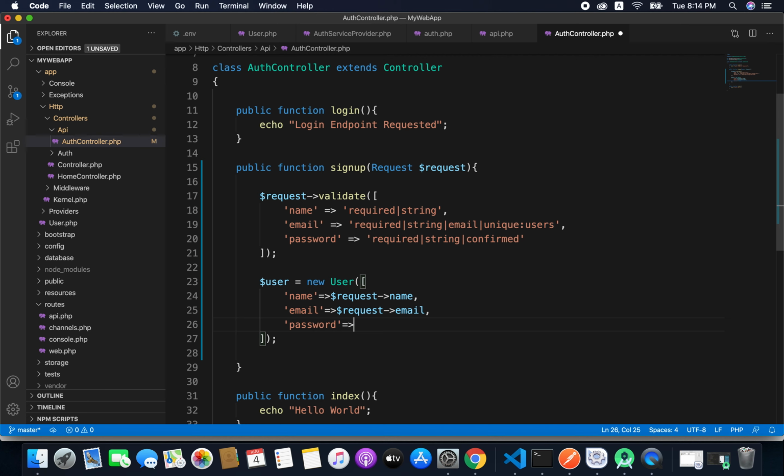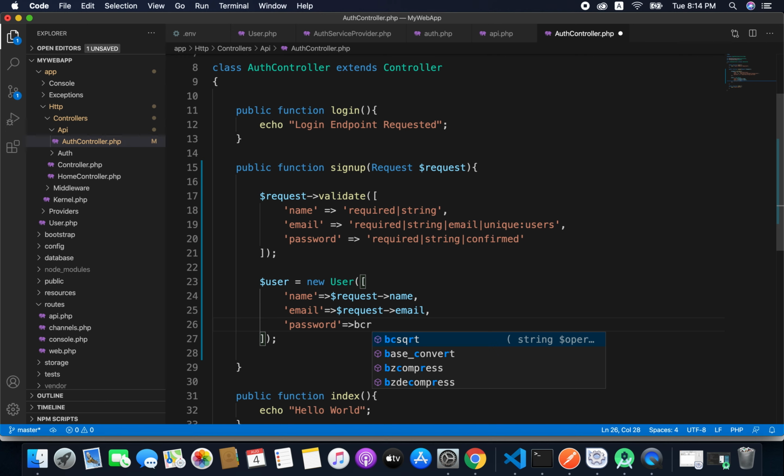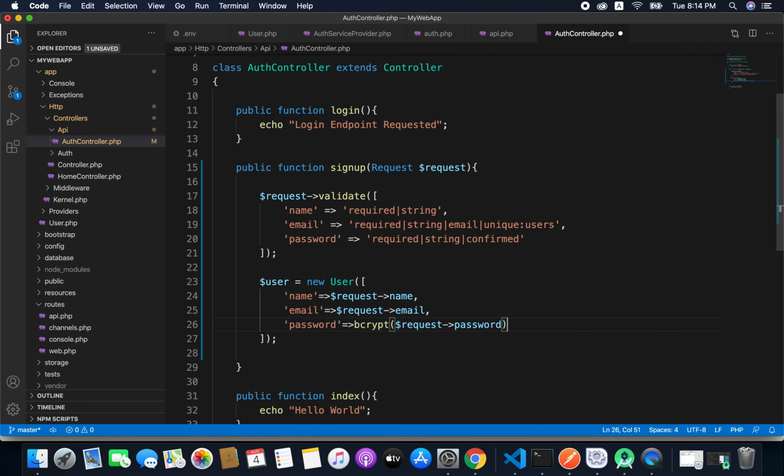Now here we need to encrypt the password before storing it. So here we will call a function that is bcrypt, and inside the bcrypt we will pass the password like this. So we have the user with given values.